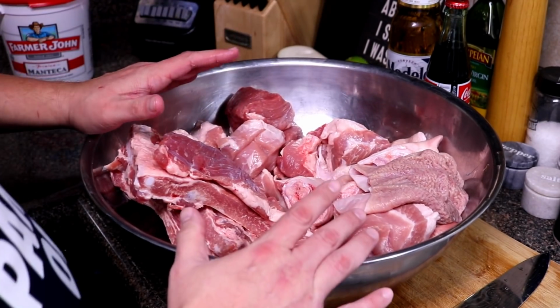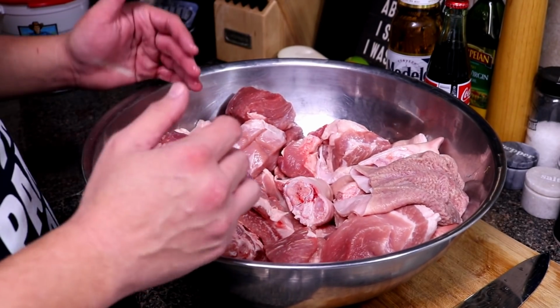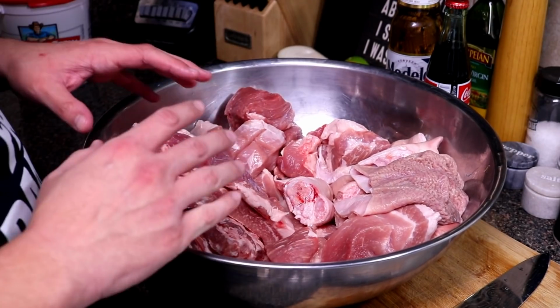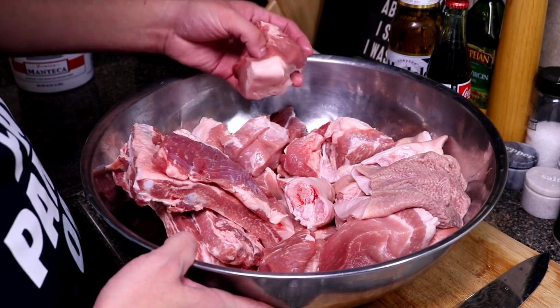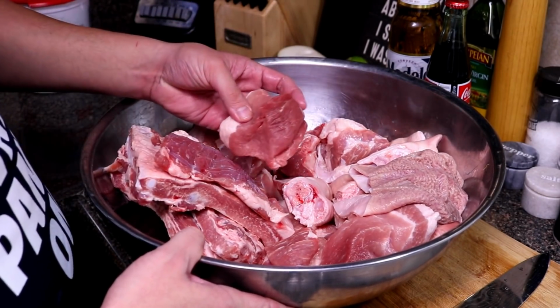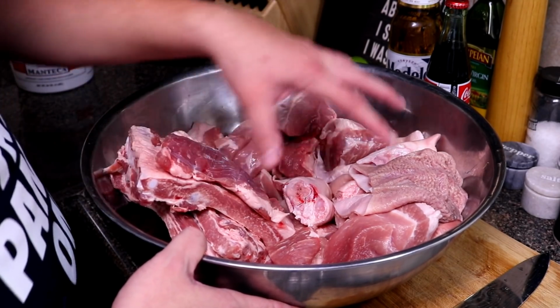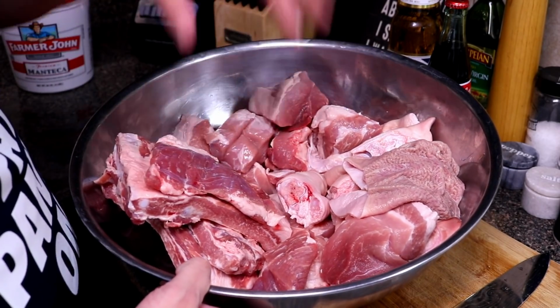Now, obviously, there's many other cuts that you could use. I'm missing actually pork loin. But like I said, this is gonna be a lot of food just for me and my family. But if you don't wanna cook all of this, you can just use pork shoulder. I do carnitas all the time with just pork shoulder, and it comes out fantastic every single time. This right here is just, I want to keep this kind of traditional, how we do for the holidays,